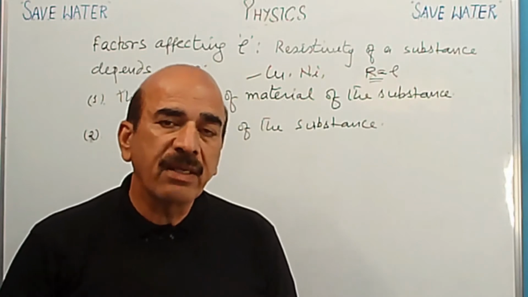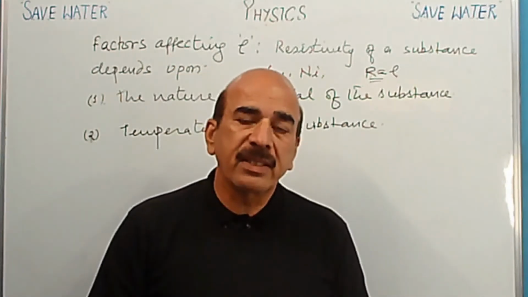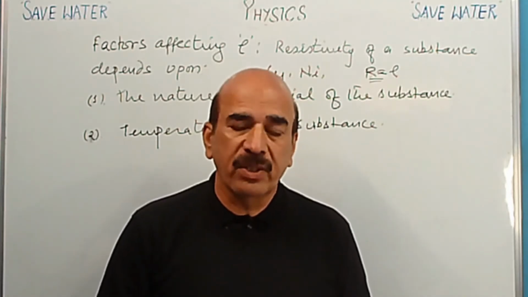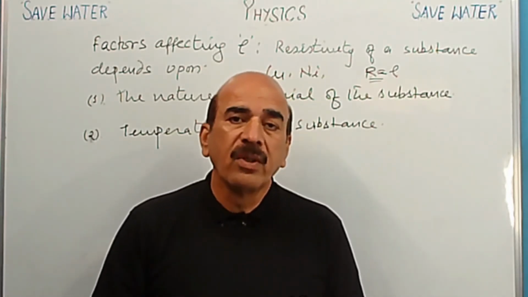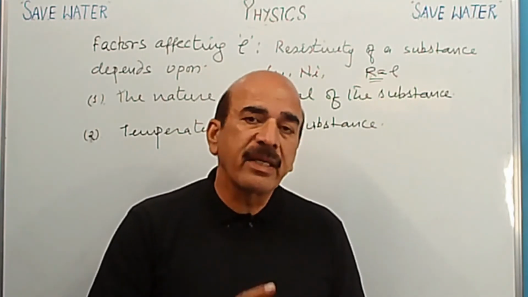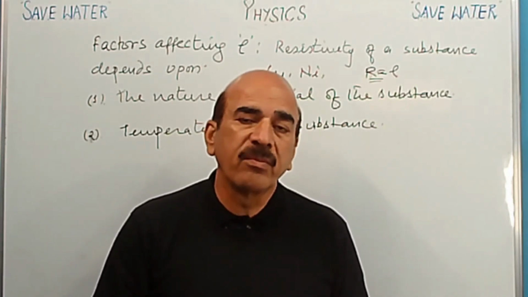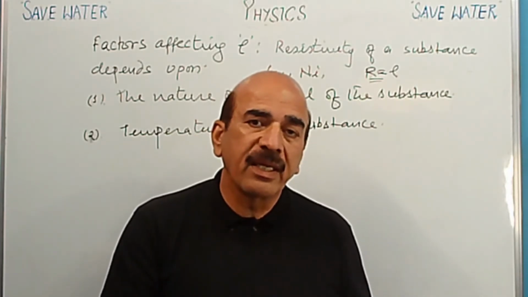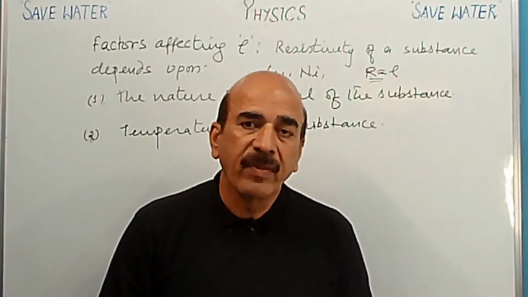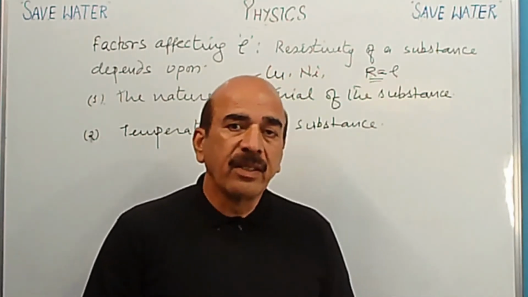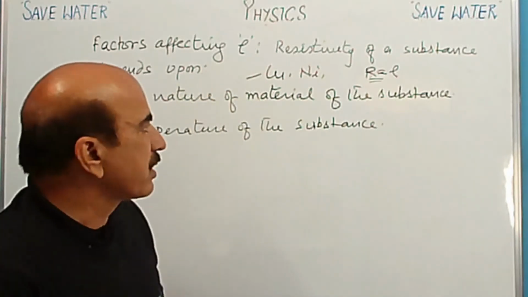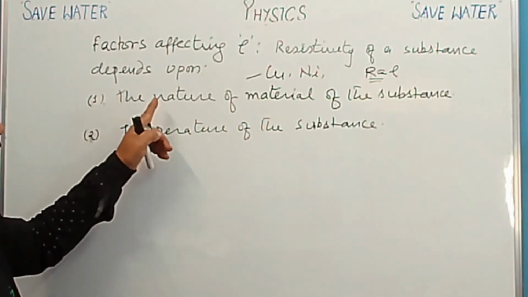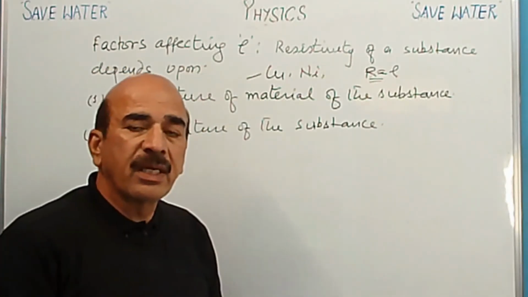In the next session, we shall be discussing why tungsten is used in electric bulbs only, why nichrome cannot be used in an electric bulb. It's a very interesting question. It is asked in exams also. Why is nichrome used in electric heaters only, not in electric bulbs? Why can tungsten not be used as a heating device in heaters or in an electric iron? We shall discuss in detail in the next session. The nature of material of the substance is important, and it can affect the resistivity of the substance.